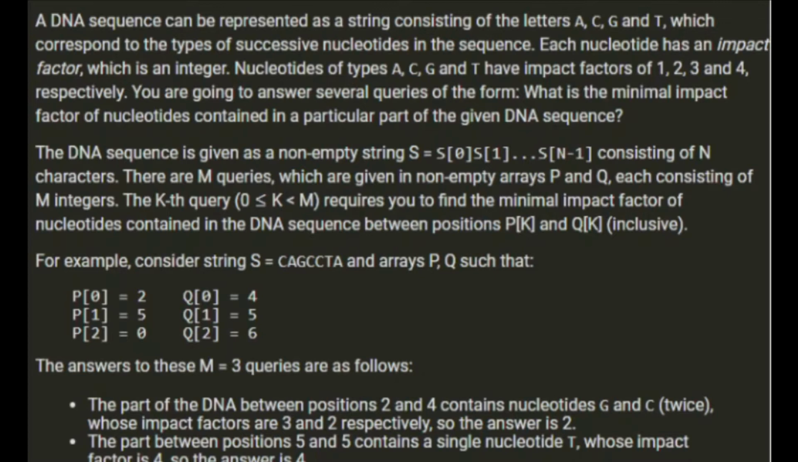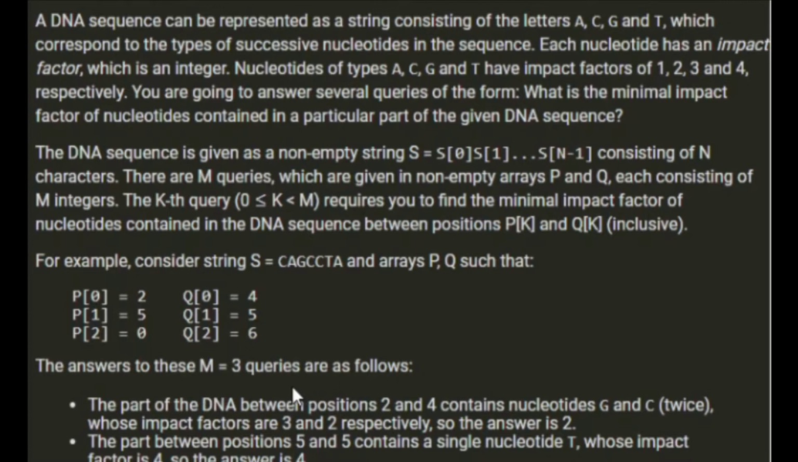The DNA sequence is given as a non-empty string S consisting of n characters. There are m queries given in non-empty arrays P and Q, each consisting of m integers. The kth query requires you to find the minimal impact factor of the nucleotides contained in the DNA sequence between positions PK and QK inclusive. For example, if we have the DNA string CAGCCTA and arrays P and Q such that P is 2, 5, 0 and Q is 4, 5, 6, the answers to these three